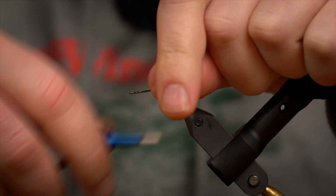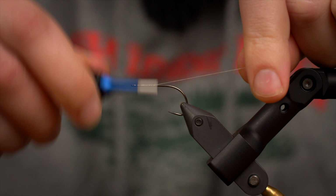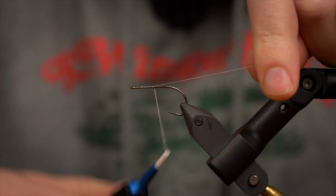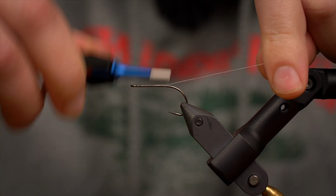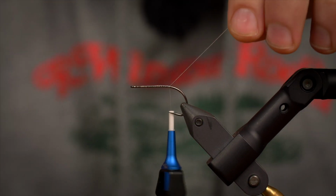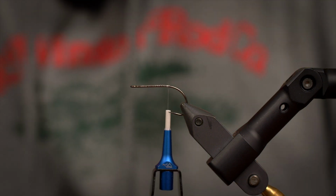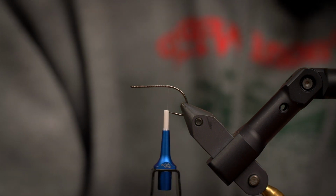First off, we start by covering the hook with a nice thin layer of thread, just to give the dubbing something to stick to. Cut it off. Then we move into